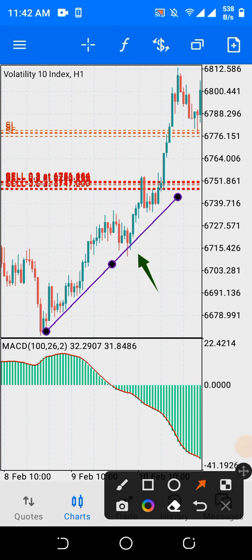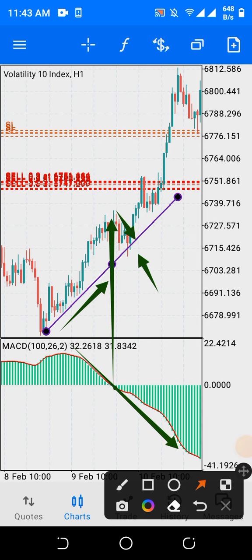So using the MACD indicator crossing, here is supposed to be your entry. With this concept, especially for those using small accounts, this particular concept takes care of this little retracement. This is what a divergence concept is, whereby the MACD is moving down and the price is moving up.